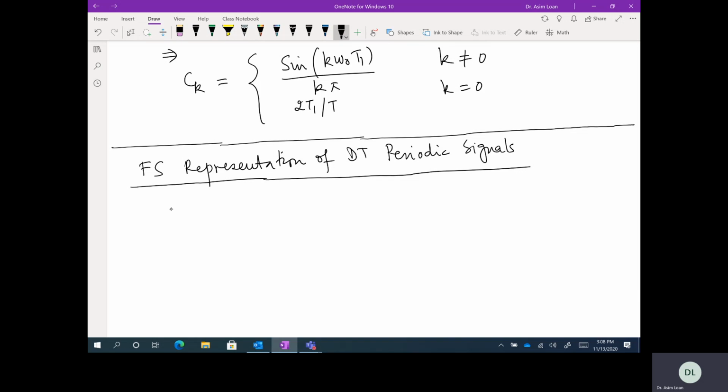Okay, so the first fundamental difference is the Fourier series representation for discrete time periodic signals